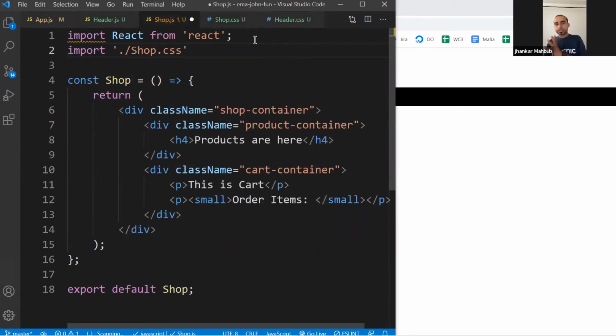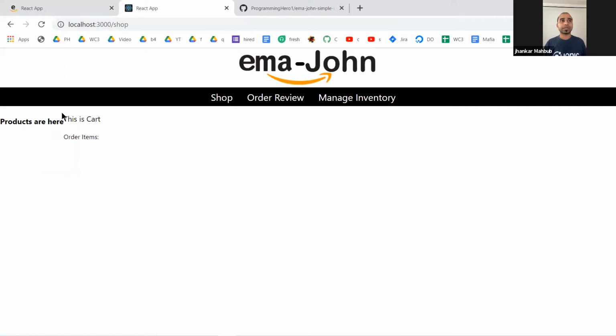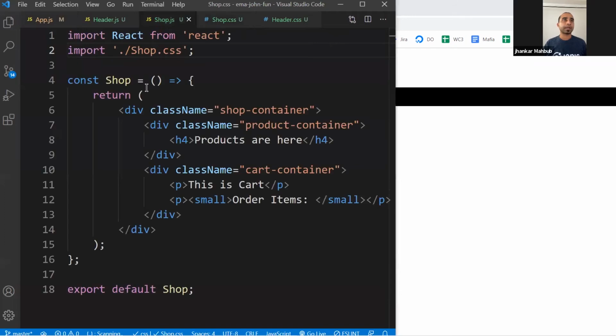So we create some CSS. Now we are connecting, because these two guys are getting married, right? Since they are married, they would have influence on each other. So right now it said that okay, we need to display in flex, and you see one is next to each other. So that's cool. Previously it was one underneath another. Once we make it display this way, we already have product container and cart container.